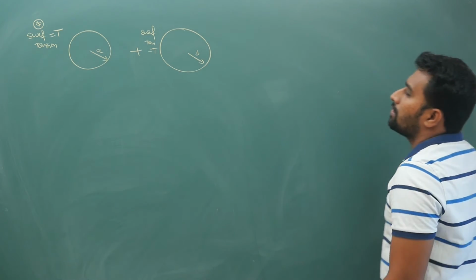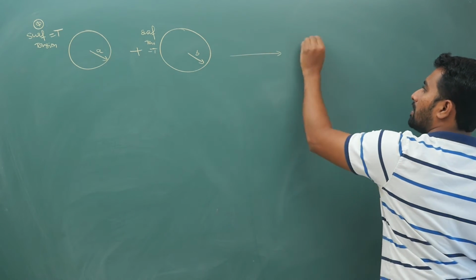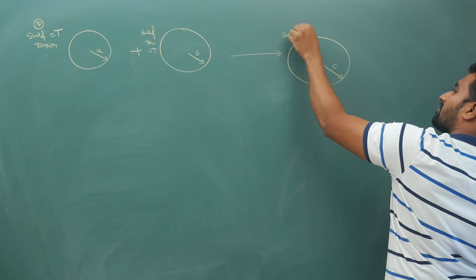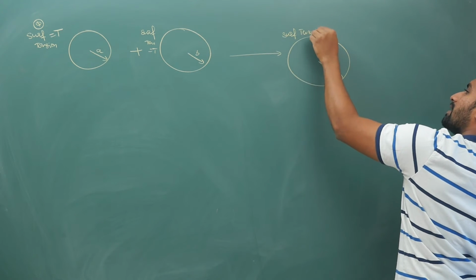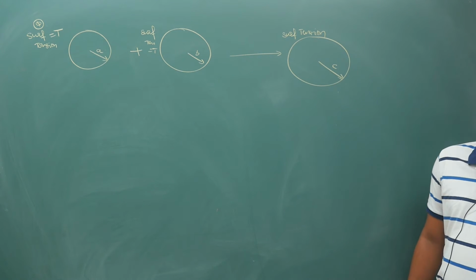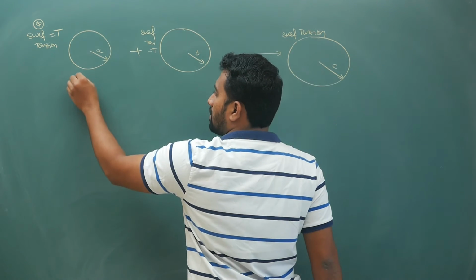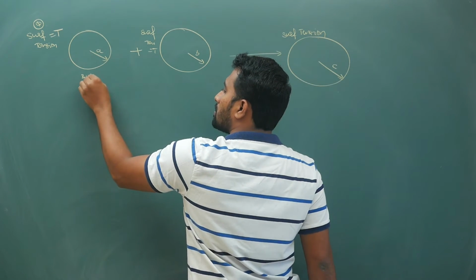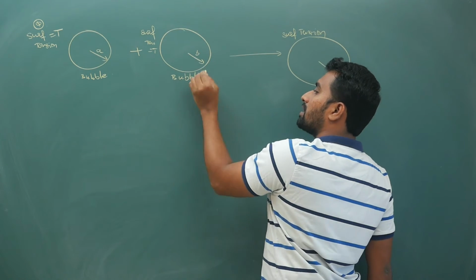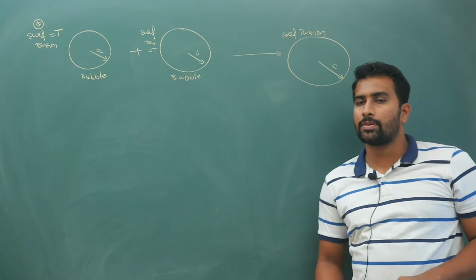I will tell you. So both of these are combining and forming some bubble. Obviously its surface tension is a property of liquid, so it is equal to T. Okay, it is a bubble, not a drop. So you have to take excess pressure is equal to 4T by R.